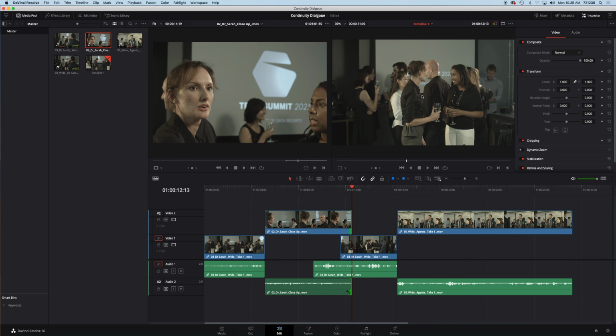So you look for those connections. If she's looking eye level, the next shot should be exactly the same. The angle of her face or head is the same, and so on. If she's holding a glass with her right hand, it better be the right hand. How high is the hand, and so on. So you're looking for all these visual connections, okay?